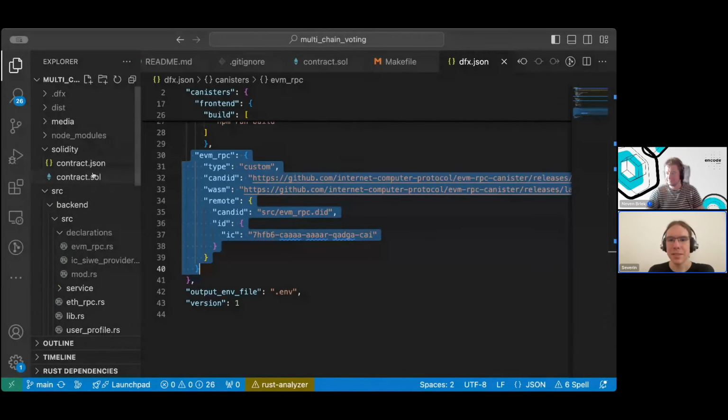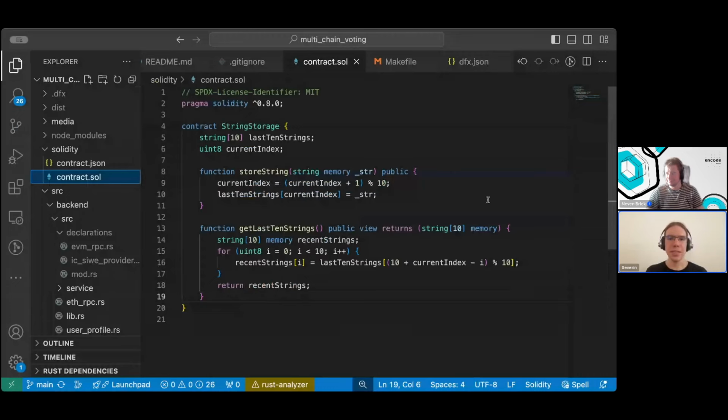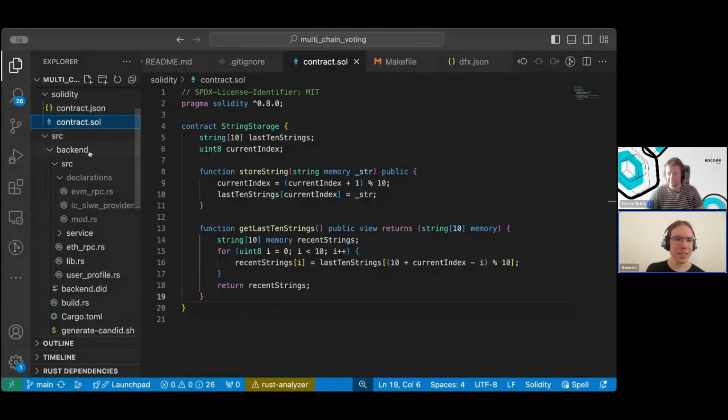It also contains a very simple ETH contract that just stores the last 10 strings that got submitted to it, just so I can show how to connect, or just to demo that the connection works. I'm not an ETH guy. I don't know much Solidity, so I just made a simple thing that shows things work. In the backend,